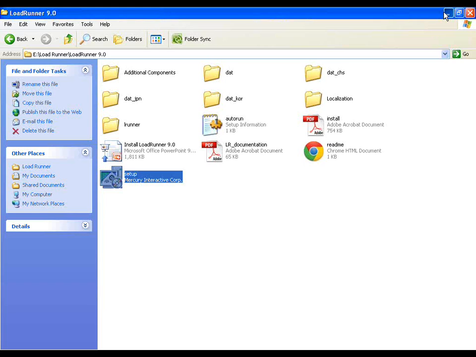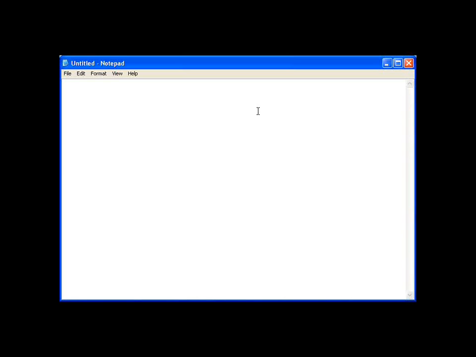You need to Google for download and install your HP LoadRunner. Okay. So first step is Google for LoadRunner, then pick the URL